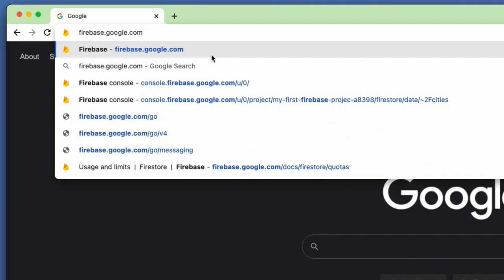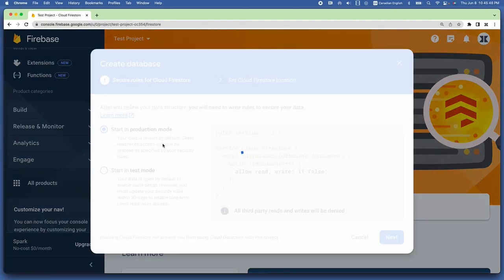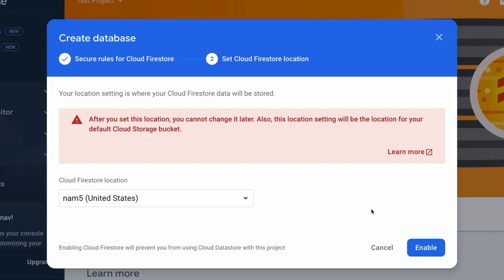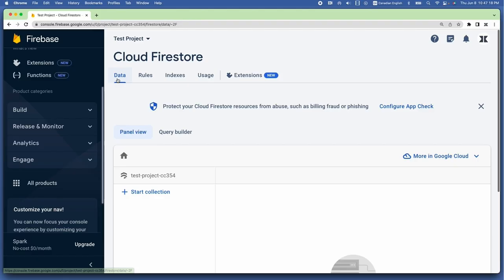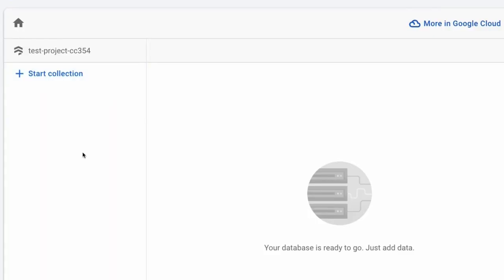Firebase dashboard, go into the project, click create database. Choose the start in test mode option so that I can have full access of the Firestore data without any restriction. But never leave it like this when you share your web app to the world. Click next, choose the location, choose enable. In the data tab, the left column is where you see the collections.